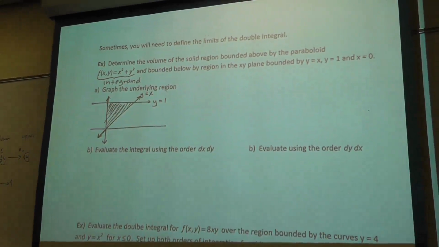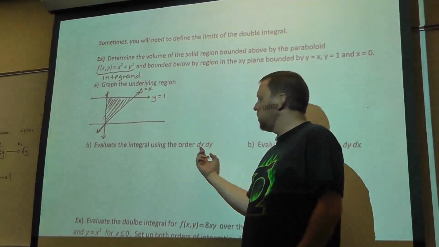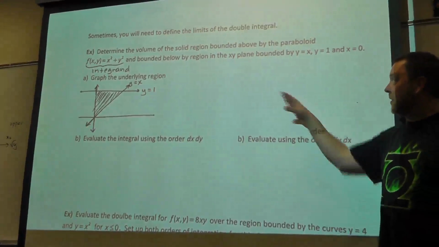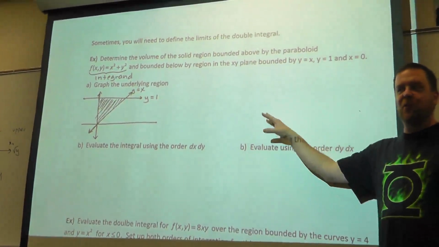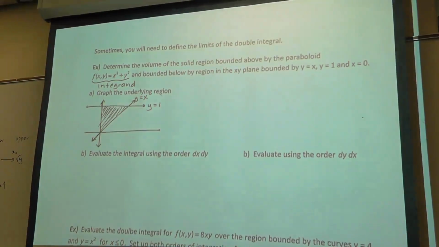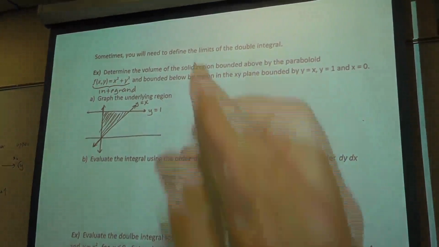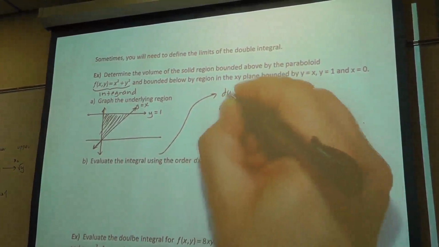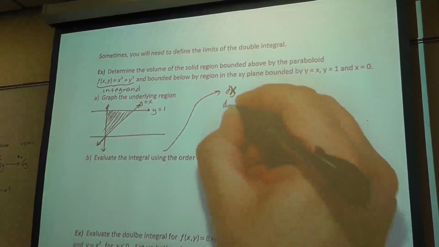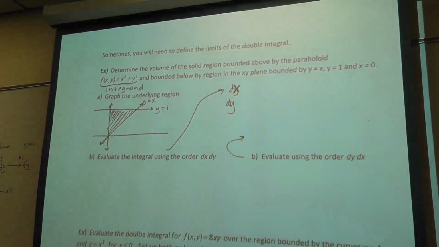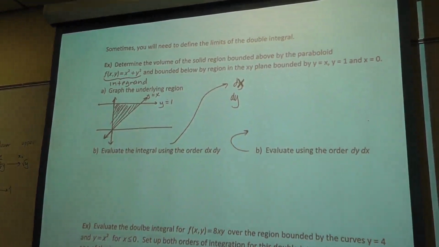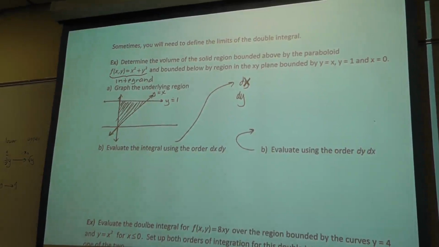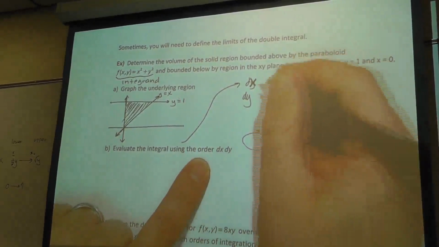Now, what we're prompted for is to evaluate the integral using the order dx dy, and then conversely, use the order dy dx. I'll use this space up above to define our limits for the 2 different integrals we want to set up. And they both should evaluate to the same number. They have to. So if I commit to doing dx dy first,